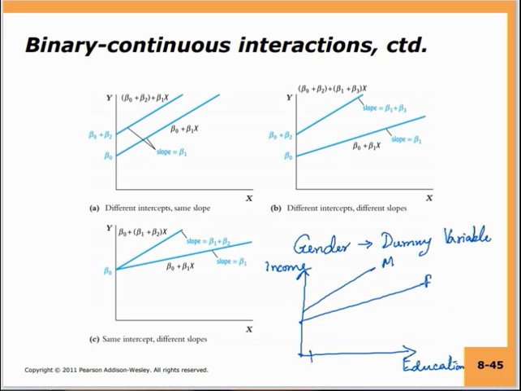So for less educated people, the differences in wages may not be much. This is non-skilled labor. Over here they may be getting the same hourly rate, but as the level of education increases and both males and females acquire higher and higher levels of education, then because of life circumstances or whatever it is, you might find that males are actually making far more. The salary gap between males with higher education and females with higher education is far larger at higher levels of education.